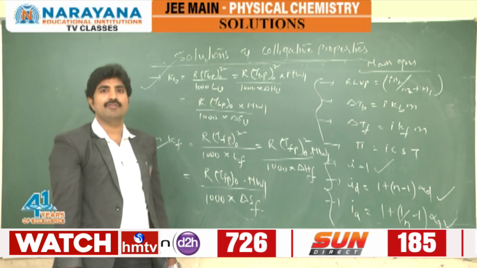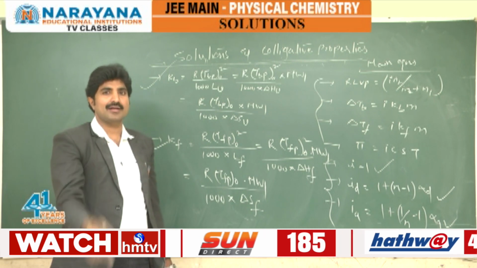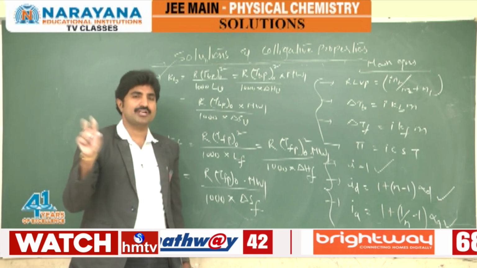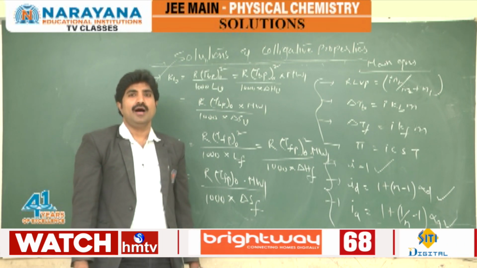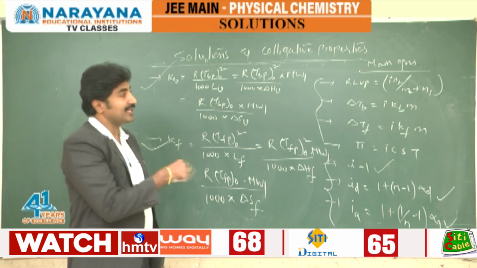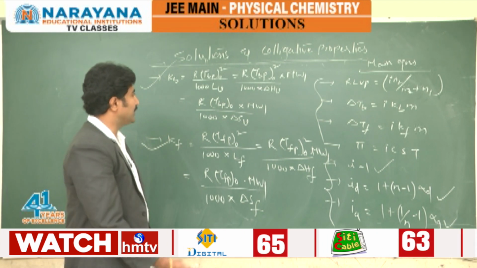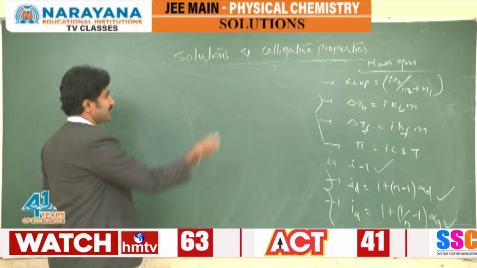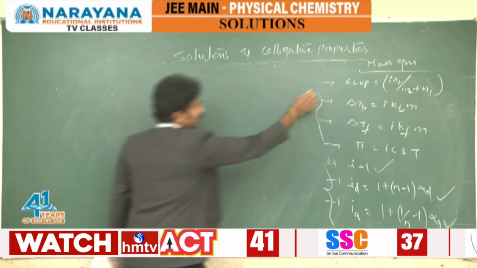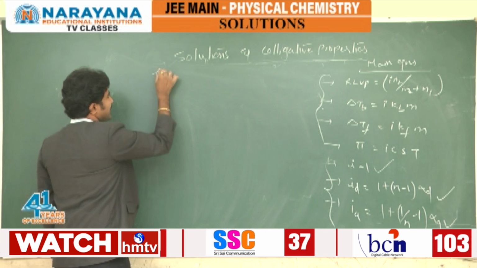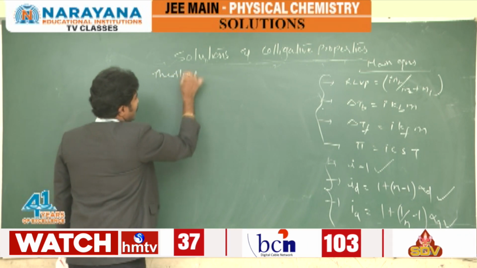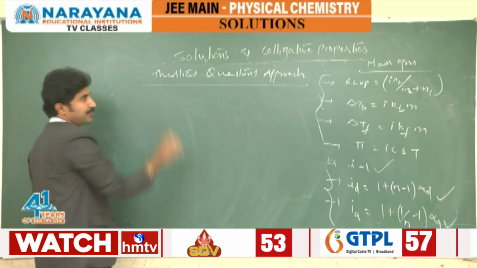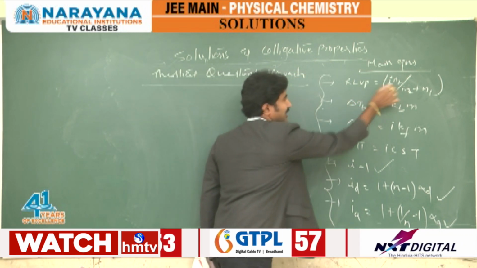Apart from these, they will majorly focus on isotonic solutions, interrelation among colligative properties, and even theoretical questions approach. How do you approach theoretical questions? See this one. Okay, in theoretical questions we are using this one. We know these 4 colligative properties, theoretical questions approach. So from the 4 colligative properties, write the i n2 mathematical expression.